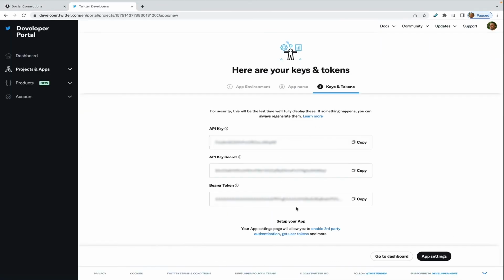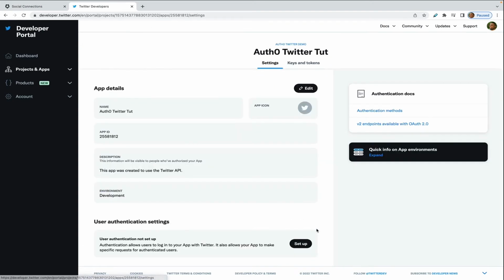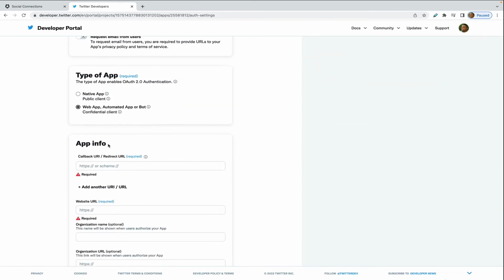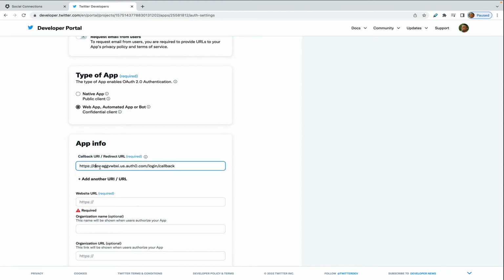On the Twitter developer portal, go down to the setup your app and click on enable third-party authentication. Scroll down to where it says user authentication settings and then click setup. Then on the user authentication settings page, go down to type of app and click on web app. Then you go down here to app info, and in app info it'll ask for a callback URI and redirect URL, and here you put your Auth0 domain